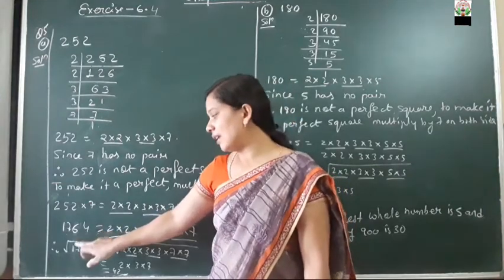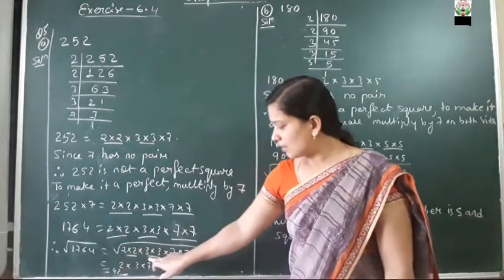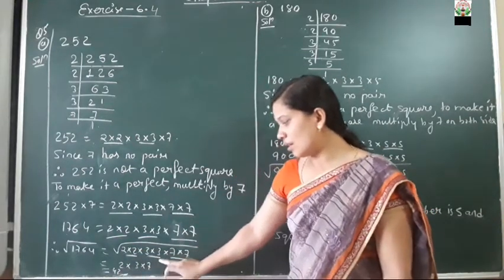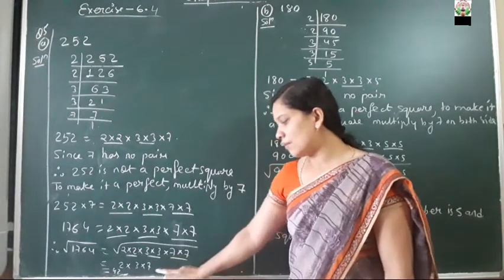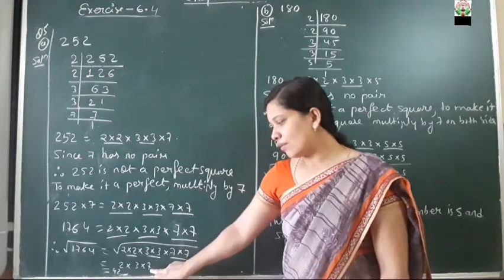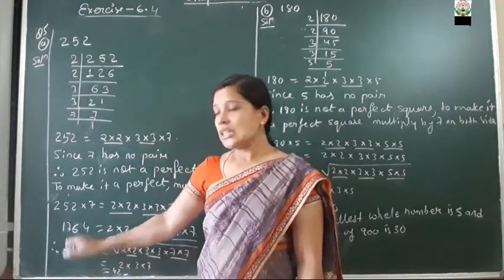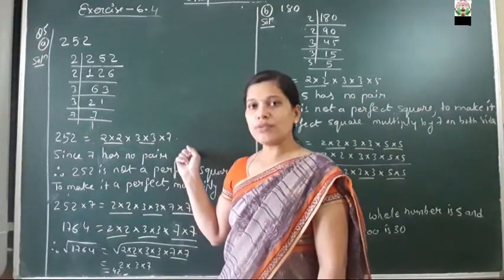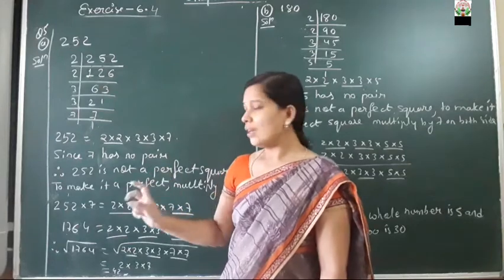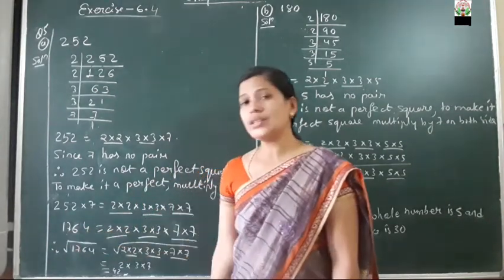तो स्क्वायर रूट फाइंड करने के लिए क्या करेंगे? 1764 का स्क्वायर रूट का फैक्टर्स ये होगा. तो इसमें से दो पेयर में से एक 2 बाहर आया, दो पेयर में से एक 3 बाहर, दो पेयर में से एक 7 बाहर. तो 2 into 3 is 6, 6 into 7 is 42. Hence the perfect square, thus 7 is the smallest whole number which will be multiplied with 252 to make it a perfect square. Okay, now the square root of 1764 is 42.